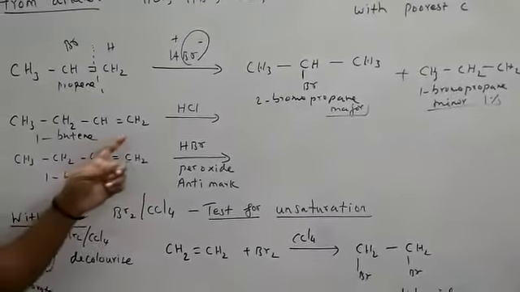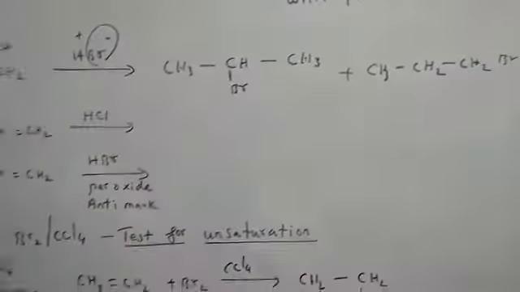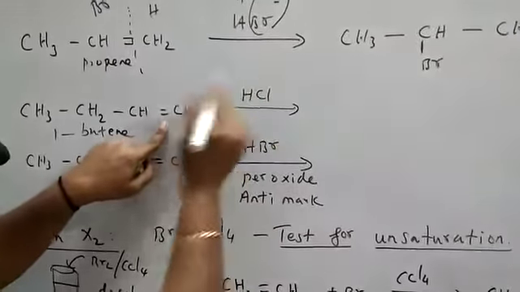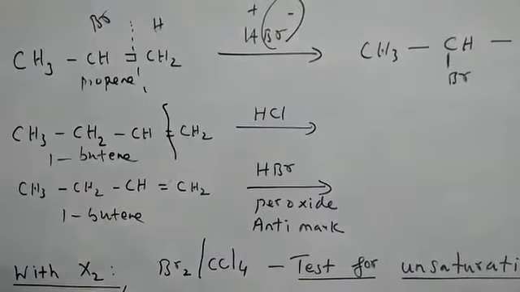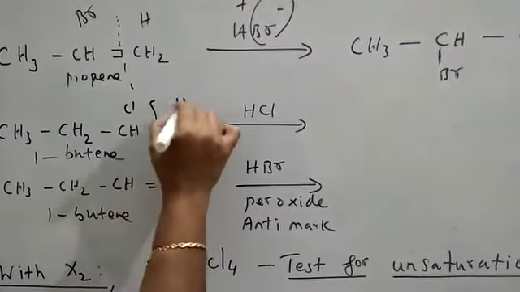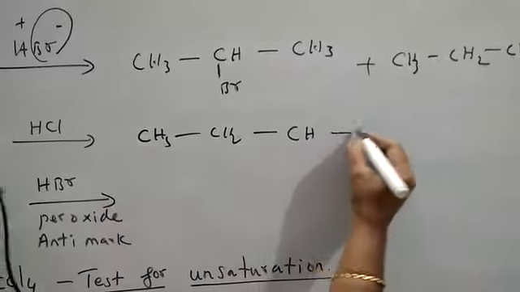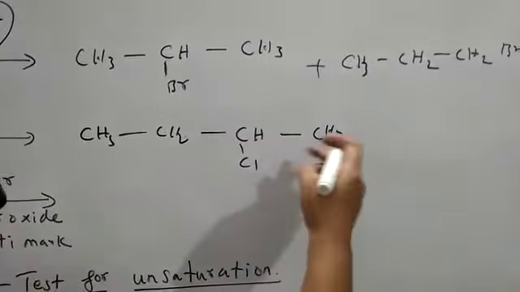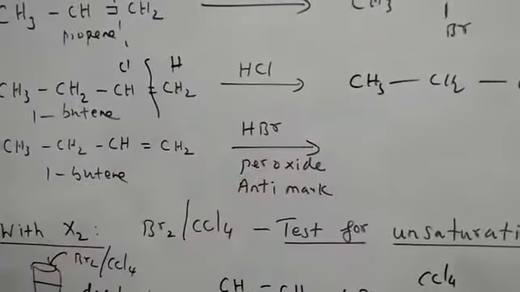Now let us write the same thing with carbon number 4. Let me go for this carbon 4. The same rule applies. Of course, I want to give HCl also; it is eligible. Cl is the negative part, attached to the carbon which is poorer. So Cl is here, H completes it. CH3, CH2, CH, and here CH3, as I told. This is the major product; the minor one is vice versa. That is enough.